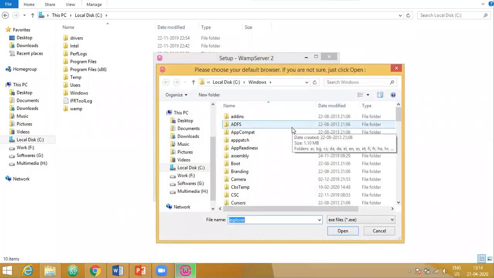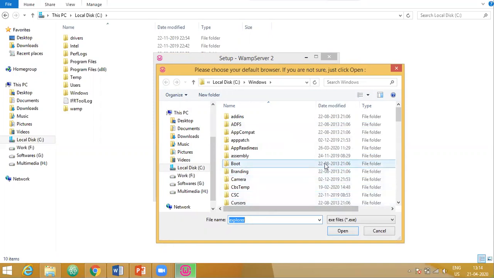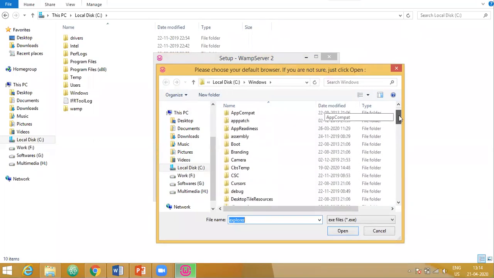Now it is asking us which browser you want to keep as the default browser for the WAMP server. By default, it takes Internet Explorer, but I do not want Internet Explorer. I will go for Chrome.